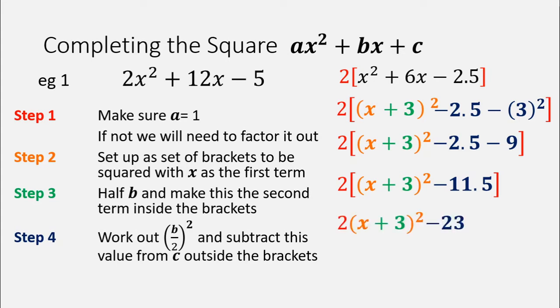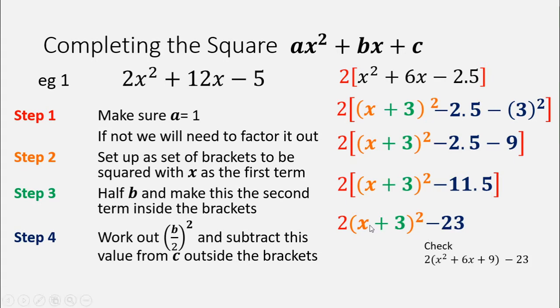So that's going to be 2 times this squared bracket, and 2 times the 11.5 gave me 23. This is my completed square now. The only thing different from before is that I now have some value in front of the square bracket. We can check to make sure that that does equal this, and we should, because this looks very different from what we've got up above. So let's multiply this out. Expanded it out, we've got